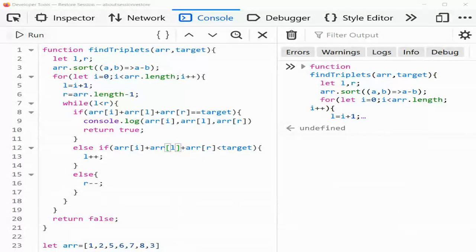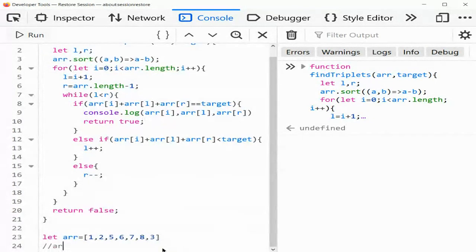Okay, yeah, I got the point. See, here we are doing array dot length. That means I will be executing for every element, but we need not execute on every element. Why? Because after sorting, my elements will be